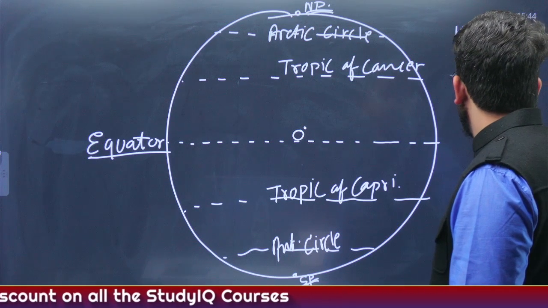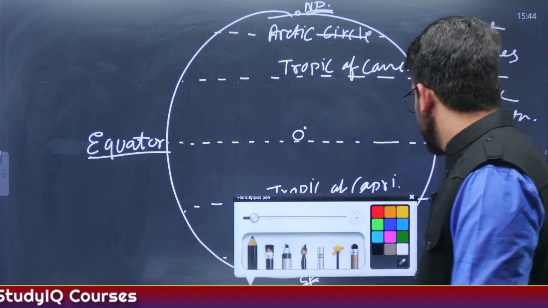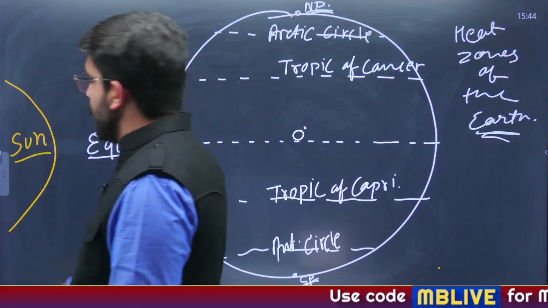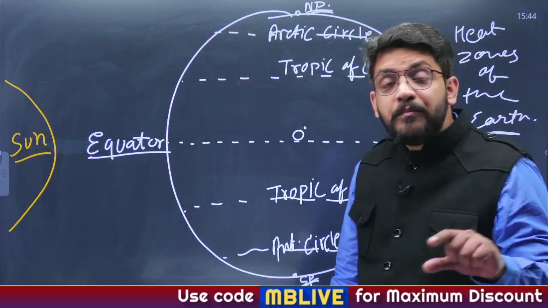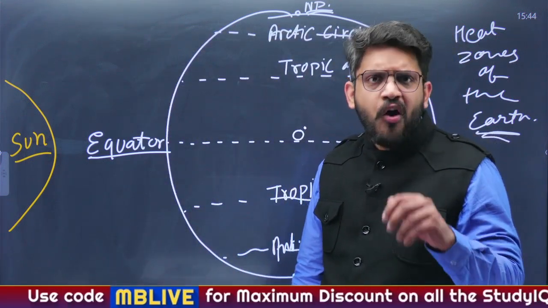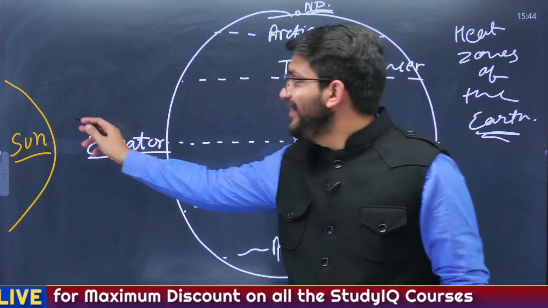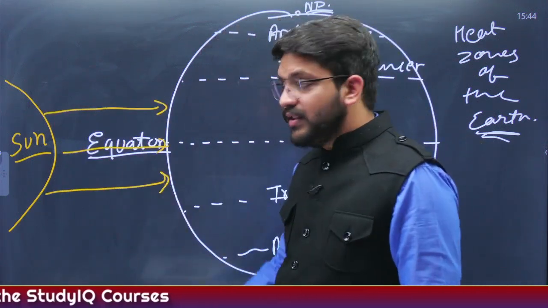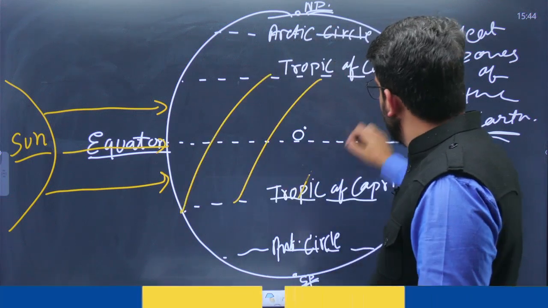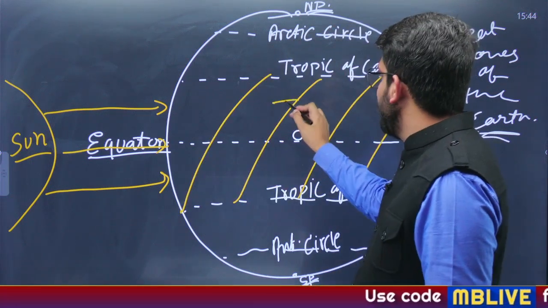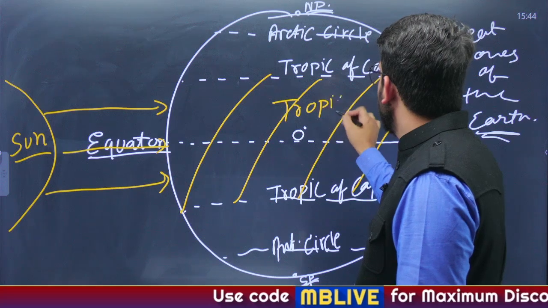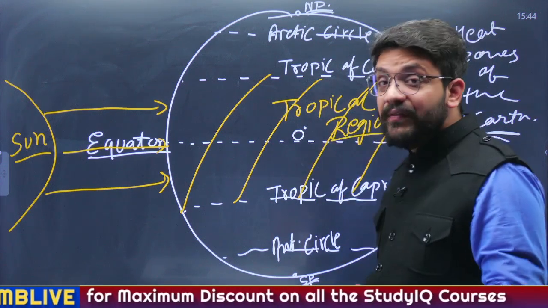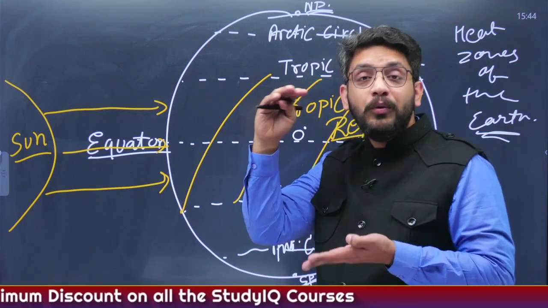How does it help? Consider this as a sun. The area which receives the maximum amount of insolation, or I can say which receives the direct sun rays, this area is known as tropical region. Tropical region, or I can say the area having high temperature in between the two tropics, is known